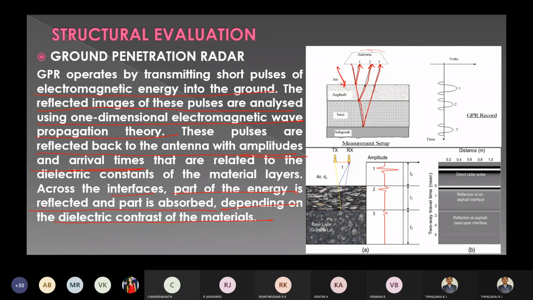There will be some sensors which will be receiving the readings. Those readings can be analyzed. We can see here how the amplitude and recorded readings are made. So you can see at the air, more amplitude we can observe. At the asphalt layer, you can observe lesser amplitude. Why? Because these two layers are densely packed layers. That's why the amplitude is very less. Okay, this is about ground penetrating radar.